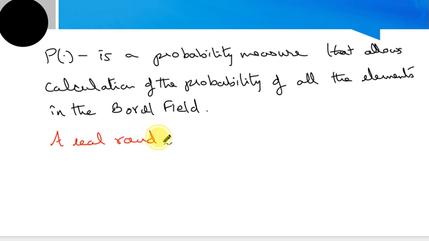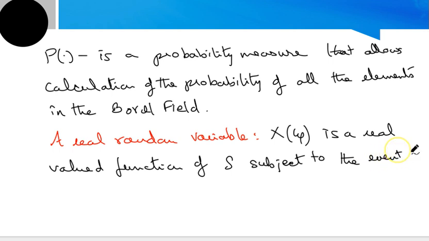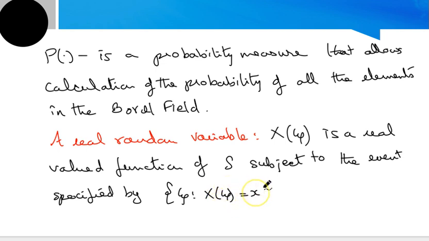Okay. Next, we shall see what is a real random variable. A real random variable, let me denote it as x of eta, is a real valued function of the sample space capital S, subject to the event being specified by the set of all eta such that my capital X of eta is less than or equal to x, and this is a member of our Borel field BF for all x,